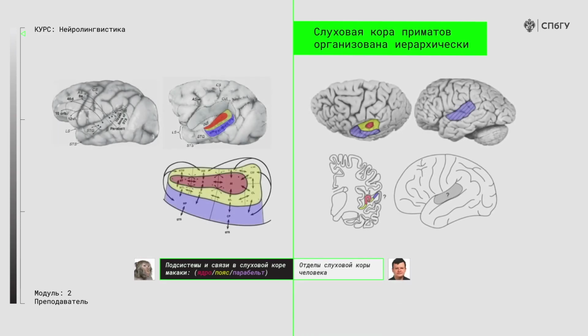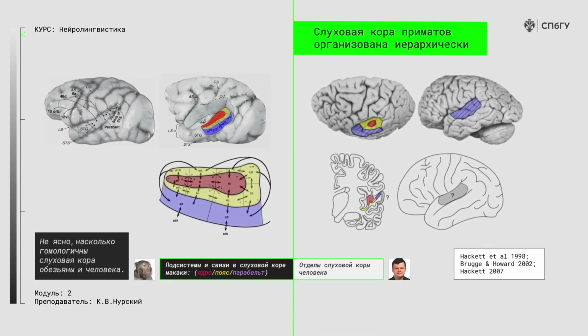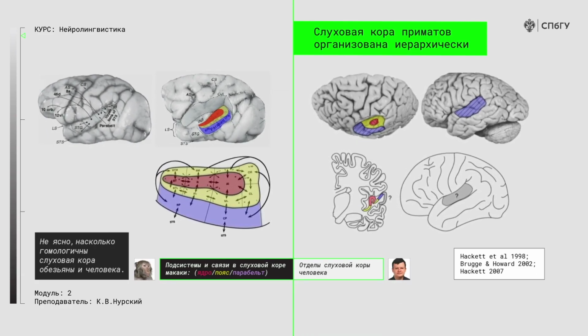Let us talk about organization of human auditory cortex and what we learned from it using intracranial electrophysiology studies in humans. Auditory cortex in primates, including humans, includes multiple areas that are hierarchically organized for serial and parallel processing of incoming